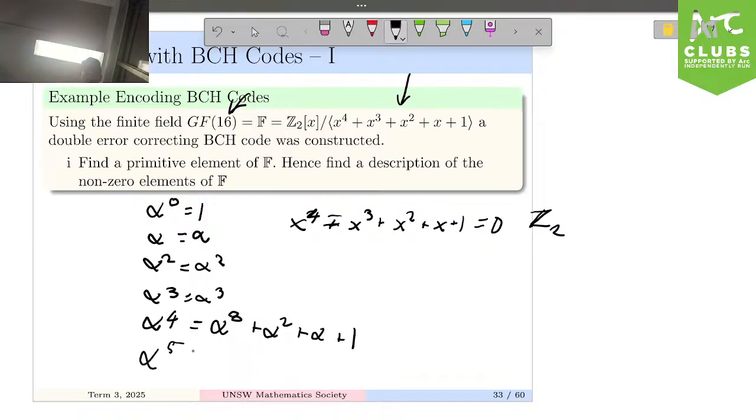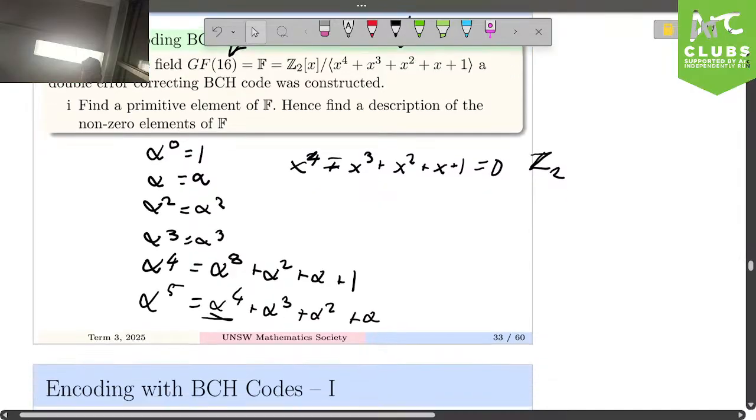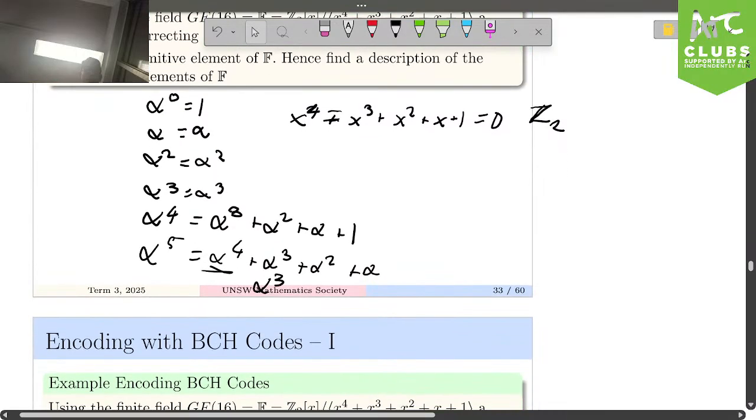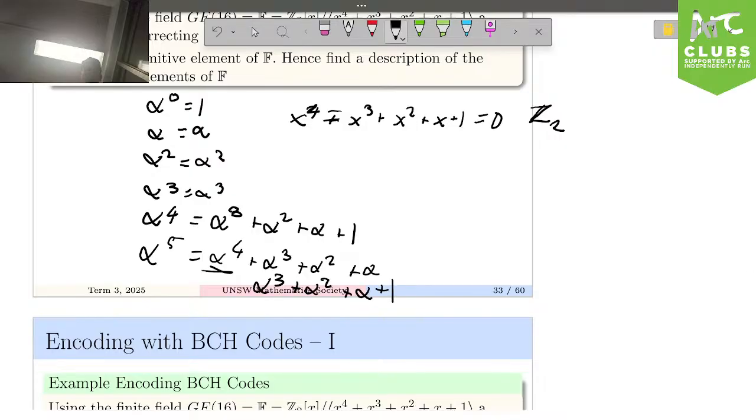All right, let's look at alpha to the 5th then. This would be alpha to the 4 plus alpha cubed plus alpha squared plus alpha. Then I have to simplify this alpha to the 4th, but what I would see is, oh, alpha to the 4 is alpha cubed plus alpha squared plus alpha plus 1. And so alpha to the 5 is equal to 1. It's not primitive. Okay? So we can't just guess the root of that polynomial we're given to be the primitive element. We have to pick some other element. So what's another element? Well, alpha plus 1 is another element. Remember, our field is a vector space, so we can add elements however we wish.